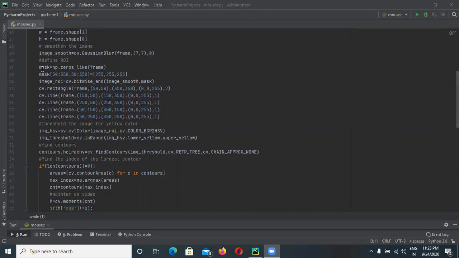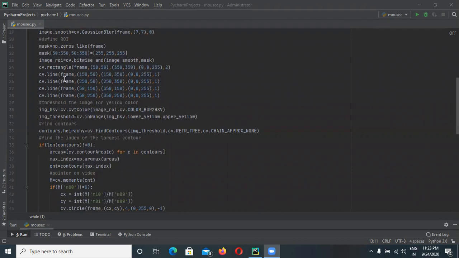We have to define some region of interest and track the motion of the marker only in that region. I have defined a mask variable here to define a region of interest. First of all, we have to create a completely black mask by creating a zeros array of the same size as the frame captured by your webcam, and then change the pixels in a square region in either direction to white pixels. You will then get the region of interest in your frame. To indicate this region of interest, draw a rectangle and grid on the actual frame by using the cv.rectangle and cv.line functions here.